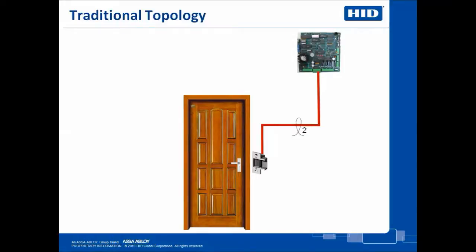In order to have a physical access system, we must have a device to read our credentials. This device, depending on how it is wired, is connected with between 4 and 6 wires to the controller. Shown here is a door switch, which is also connected to a controller with 2 wires. The purpose of the door switch is to provide a real-time indication to the controller of whether or not the